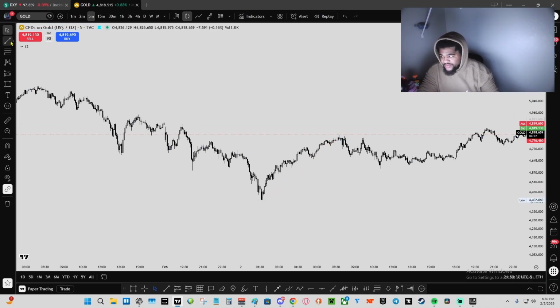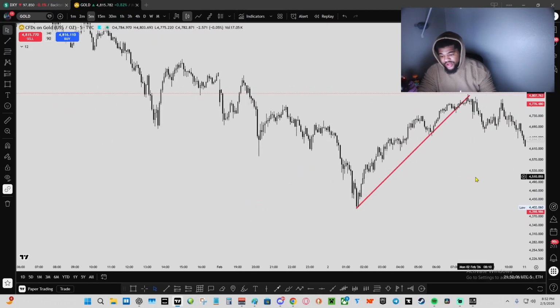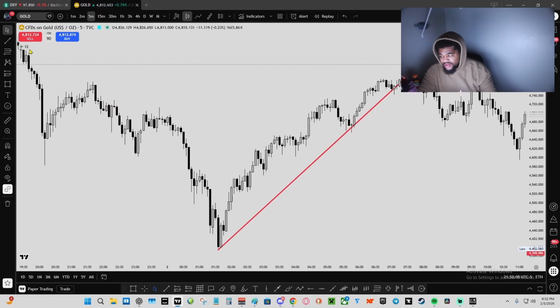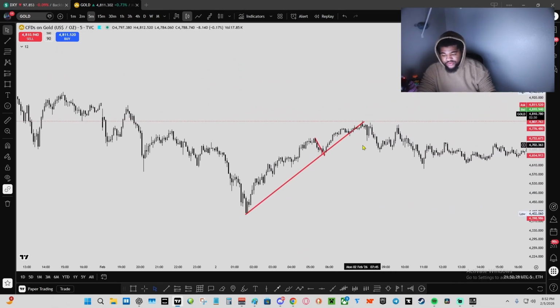So if I were to ask you from this point to this point here, who you think had control? Is it heroes or villains? The correct answer is the heroes, right? Because price is going up. Well, now if we zoom in and look at this, didn't price go down from here to here at some point? Which means that at one point in time, because we're on a 5-minute chart, the villains were winning, right? But if we zoom out, the overall battle showed that the heroes were winning.